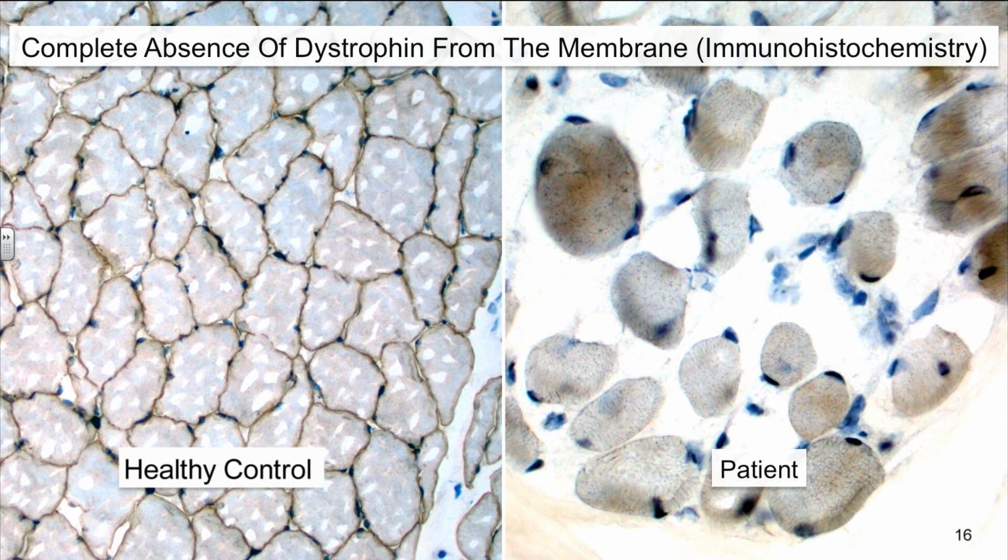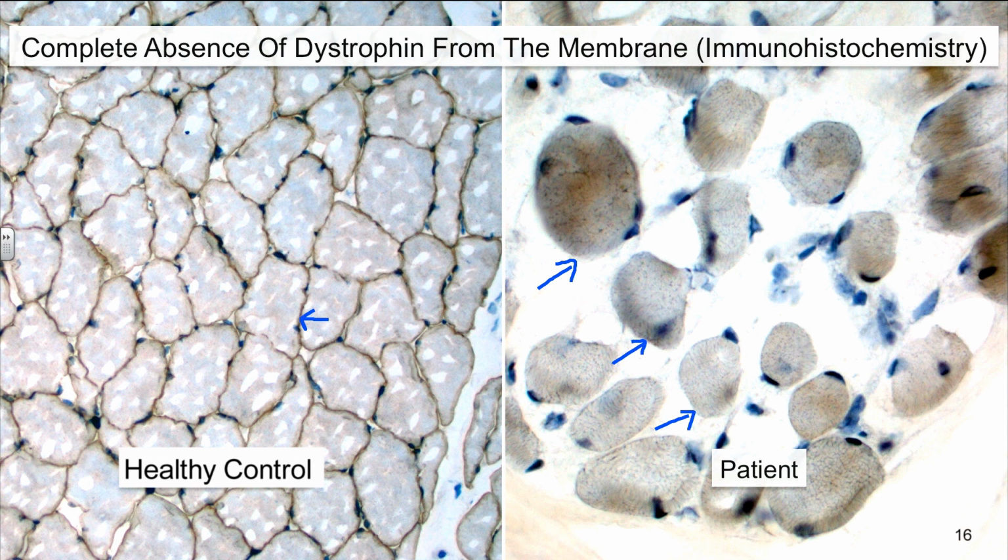Dystrophin immunohistochemistry was done. Every single time we do an immunohistochemistry in a clinical laboratory, we have to have a normal control for it to make sure that the technique has worked. So in a normal muscle, we obviously detect the dystrophin as a brown coloration of the membrane, so it's normally there. Whereas in this particular patient, the protein is missing from the myofibers, so you don't see that brown coloration